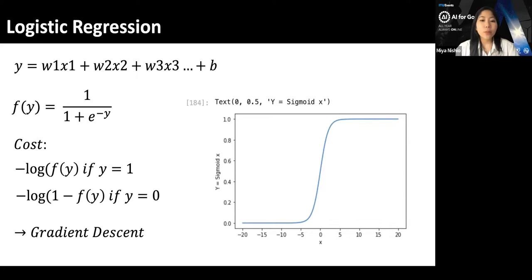And what we can do is set a threshold to decide: if the result of this is higher than, for example, 0.5, we'll classify this as 1. And if it's lower than 0.5, we'll classify this as 0. So like other algorithms, we do have a cost function to determine whether the answers are far off from the correct response or not. We're going to be using a log loss function, and to choose the different weights, we're going to be using gradient descent.